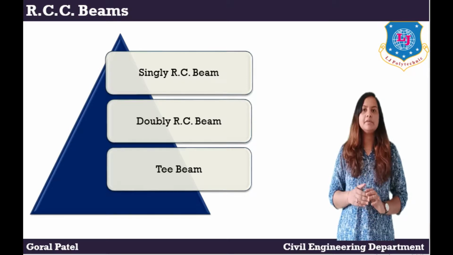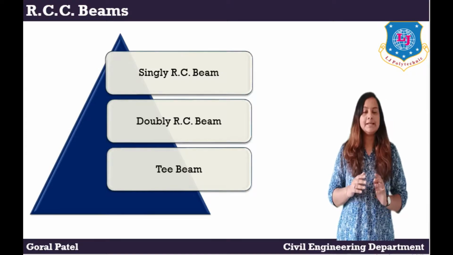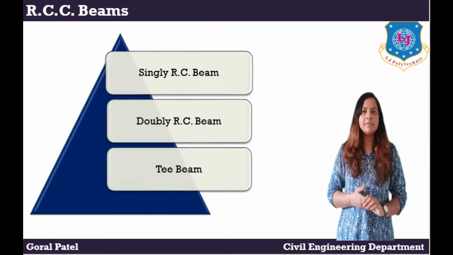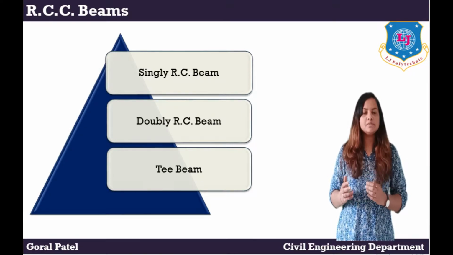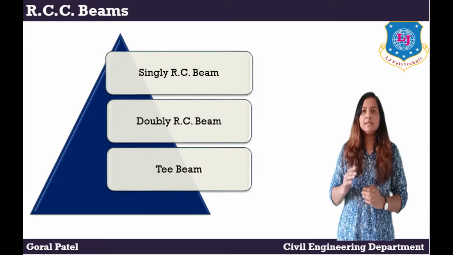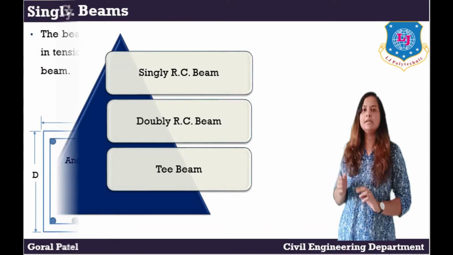RCC beams are constructed with reinforced cement concrete using reinforcement bars, where the beam resists compression and adds rigidity to the structure. The beams usually manage vertical gravitational force, but they can also be used to deal with horizontal loads, that is, loads placed due to wind and earthquake. The loads carried by the beam are transferred to walls, columns or beams, which transfer the force to the adjacent structural compression members. Mainly there are three types of beam: first one is singly reinforced beam, second doubly reinforced beam, and T beam.